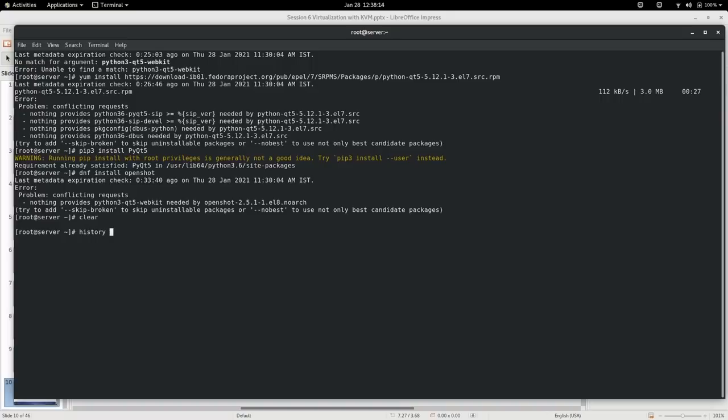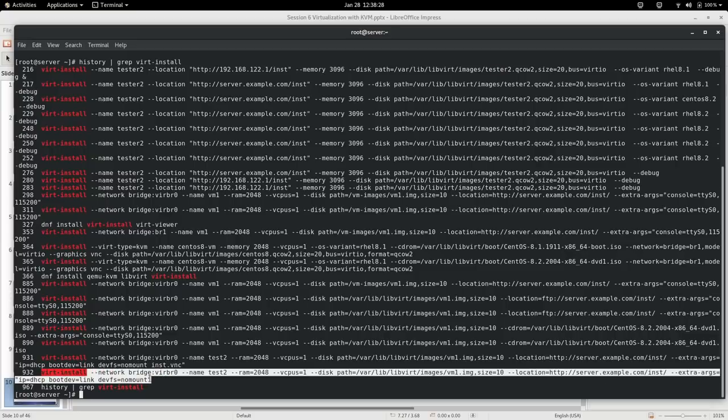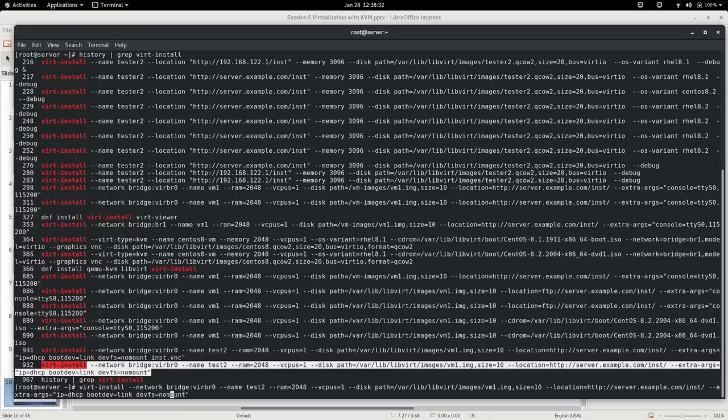I already have that file, so let me grab that. Grab virt-install. So this is the file. Let me use this, and which will launch my fourth machine. So just change the name. So you see here I'm using 10 GB, and this is going to be my test 4 machine.